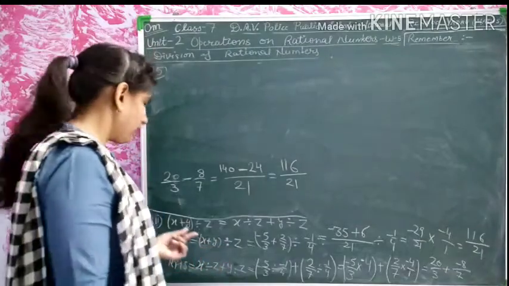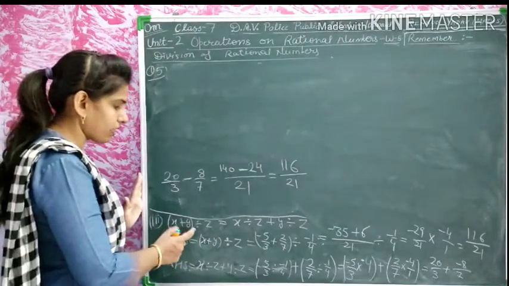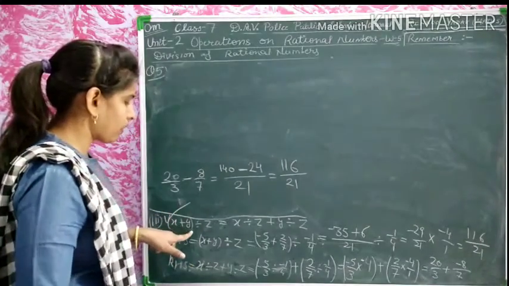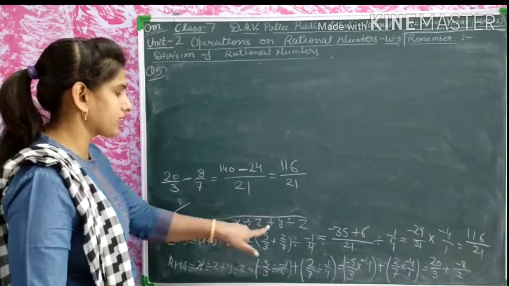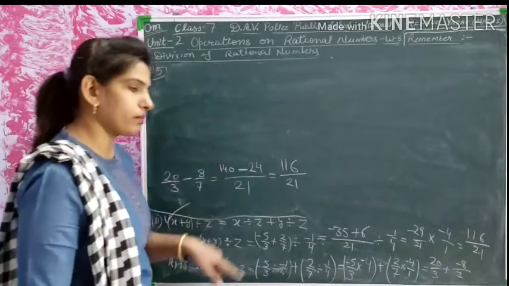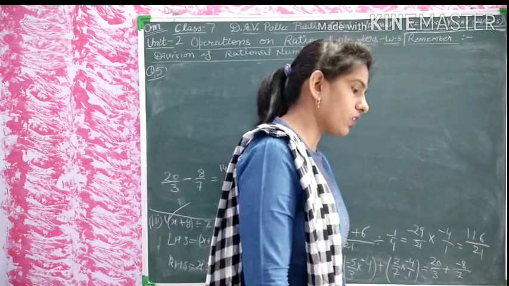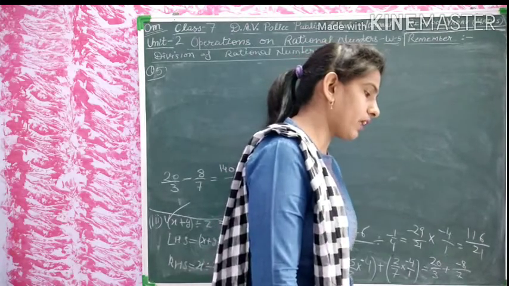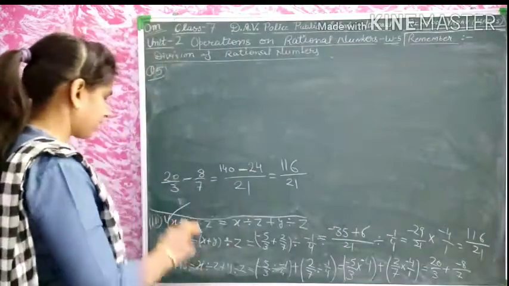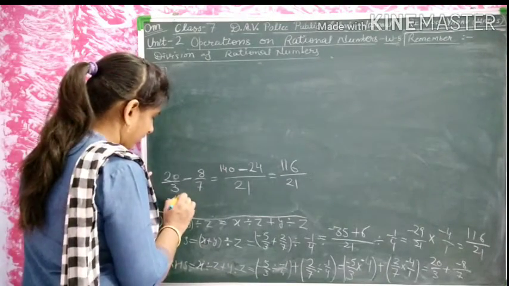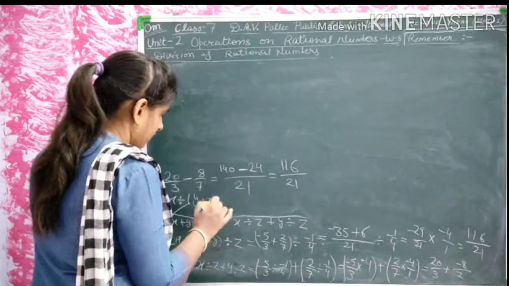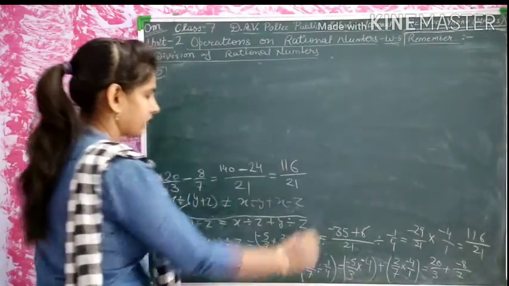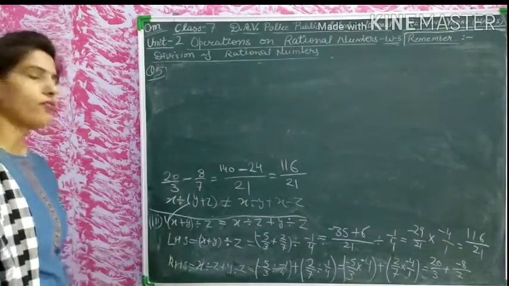Is this clear students? We are seeing there that (x + y) divided by z is always satisfied here. This property is satisfied here: (x + y) divided by z is equal to x divided by z plus y divided by z. Somewhere it is verified or somewhere it is not verified. We have this property as well, before that, x divided by (y + z) is not equal to x divided by y plus x divided by z. Is this clear students? But this will verify here.